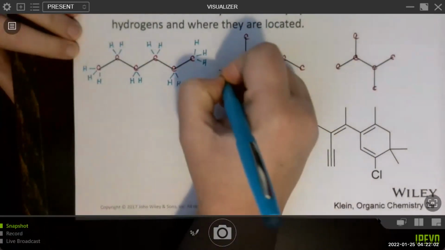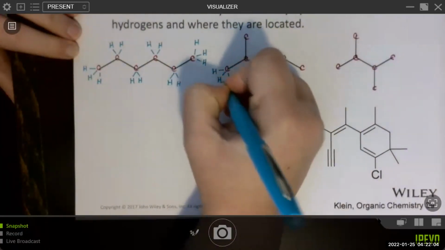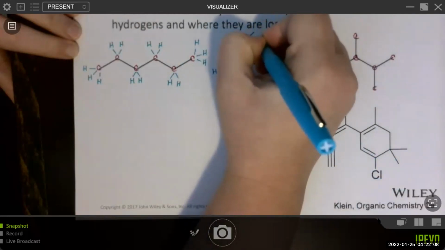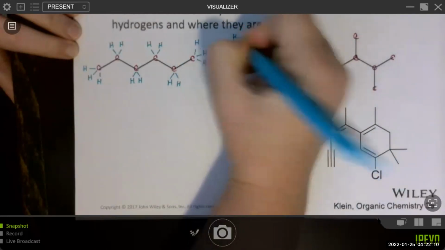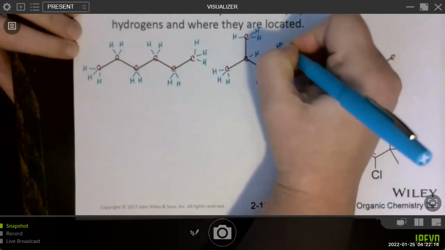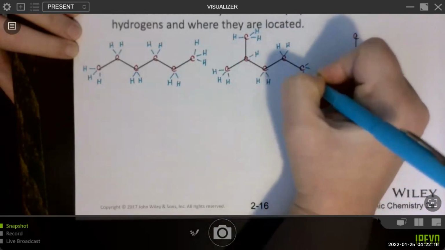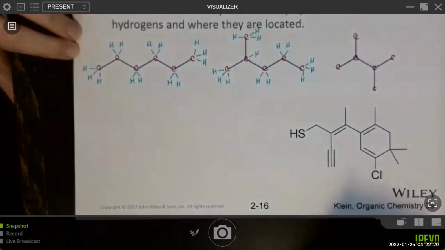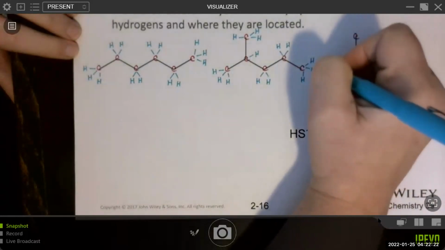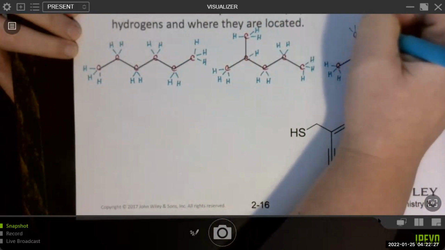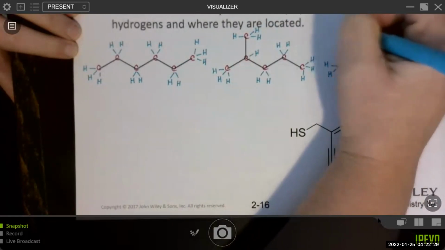So I can just go through this and draw in all the hydrogen atoms. You can see as I'm doing this that it's a bit of a time-consuming process. That's why organic chemists don't do it very often, if they can avoid it, because it's a little bit laborious. I'll go ahead and finish this though, so you can compare what you drew.